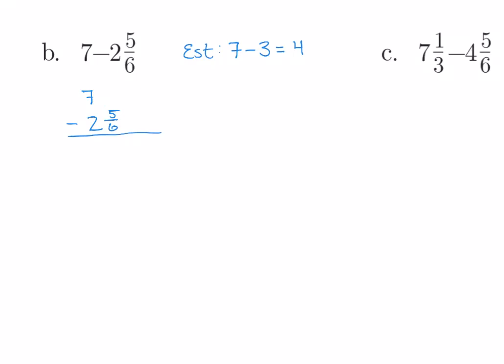Remember that with subtracting, you always have to do top minus bottom. And so what is 0 minus 5/6? Well, it gets kind of weird, and we don't like it. Can I take 5/6 away from nothing? The answer is no. So what we want to do is I'm going to split up this 7